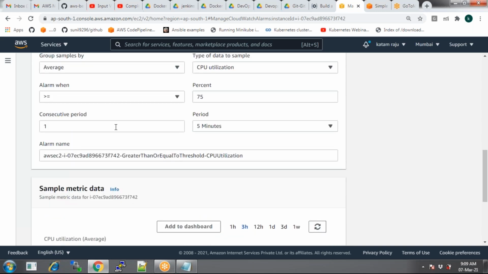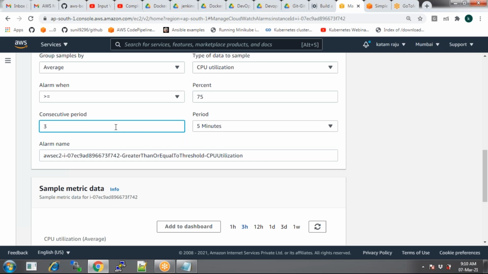But I don't want to go with one, because sometimes it might happen. That is very usual. I want to see at least 3 or 4 times that it happens, consecutively 3 times in the last 5 minutes. Usually it happens once or twice, but if it happens more than 2 times, that means 3 or 4 times in the last 5 minutes, then those actions will be taken.